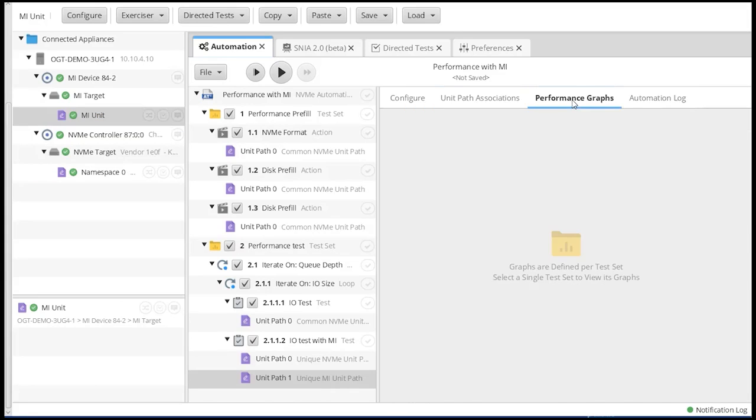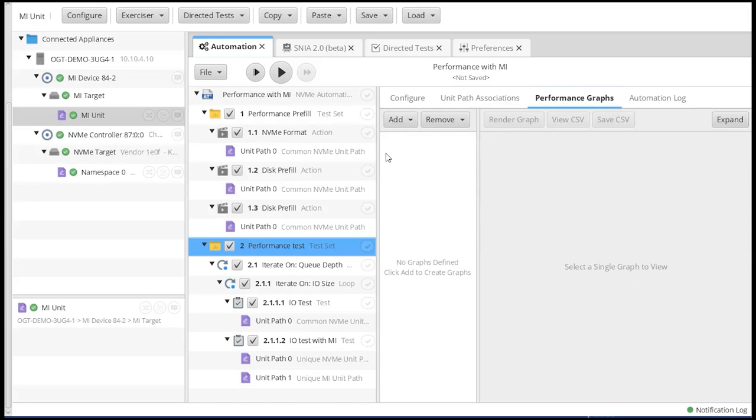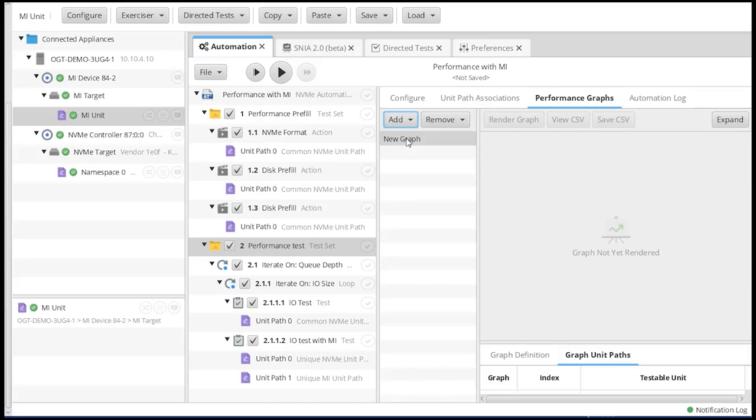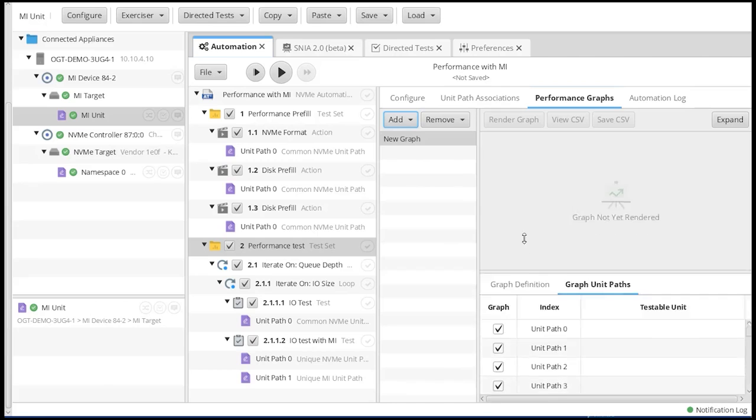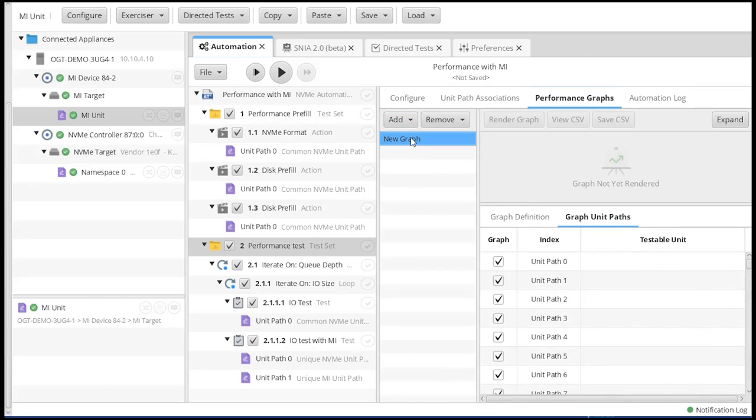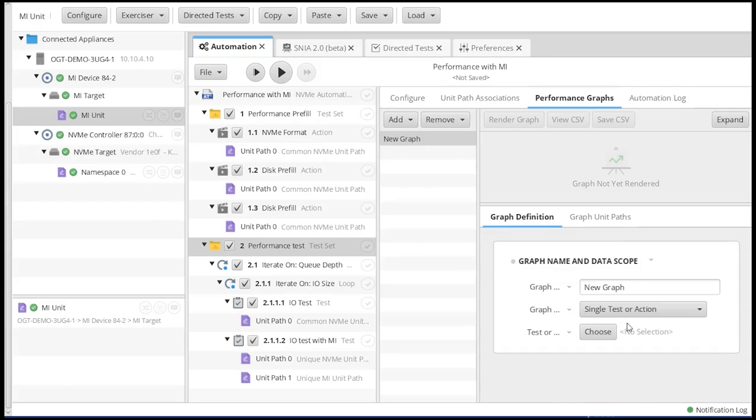The next step we want to do is we are going to define our charts. I'm not going to define all the charts for time purposes, but I will show you how to define one. So we're going to do a new graph, and we're going to go ahead and call this graph, actually we'll name it after we've defined it, and we're going to use a test set or a loop.